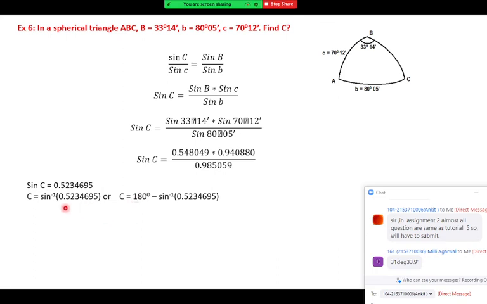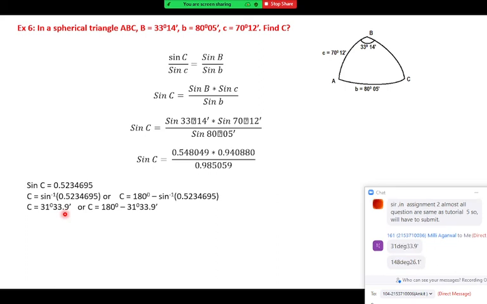So just calculator, but all of you are giving me only one angle. None of you said the second angle also. So sine inverse is there. You should write two angles there. Remember, one is theta and the other is pi minus theta. So the first angle, yes, 31 degree 33.9 minute, correct? And 148 degree 26.1 minute, that's from Milli.